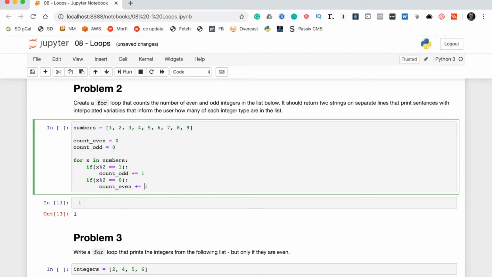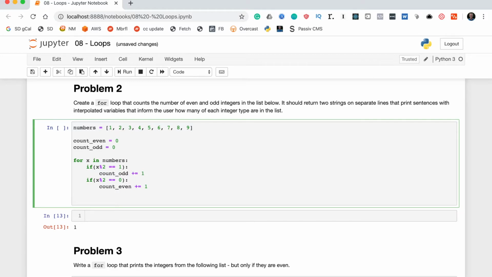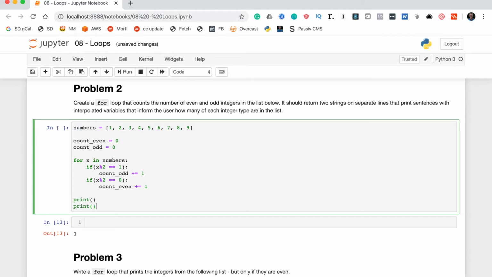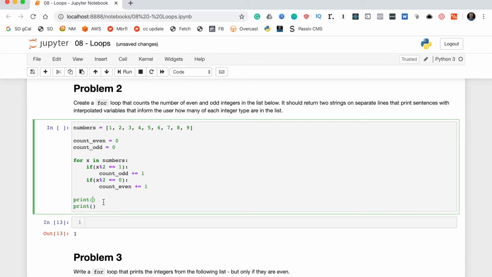So that is how we do the calculations for this example. We have to finish this off by putting in two print statements. They should be on separate lines, so we'll do two separate print statements. And you'll notice here it says it should return two strings on separate lines that print sentences with interpolated values. That keyword, interpolated variables, means we're going to have to use f strings on both of them. So we will write the number of even numbers is count even. And then on the next line, we'll say the number of odd numbers is